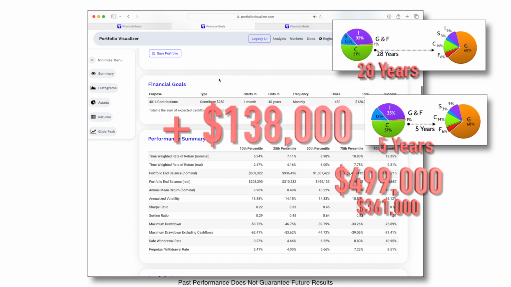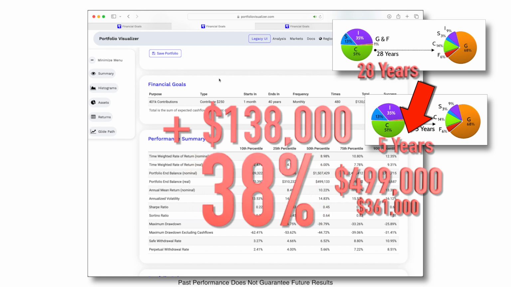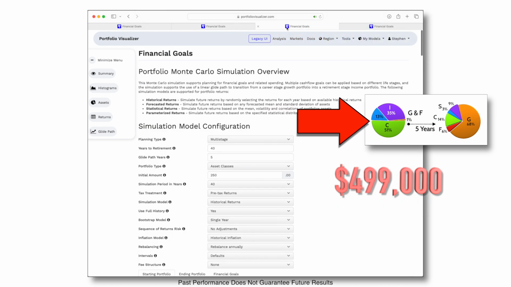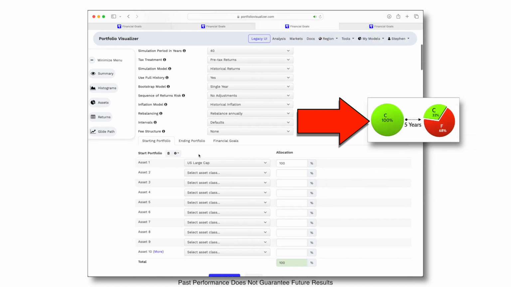Or to put it another way, the opportunity cost of shifting from growth investments to the G fund 28 years before retirement instead of only 5 years before retirement is theoretically costing TSP employees 38% of their potential retirement assets. But we ran these two scenarios with the investment mixes that we know to be suboptimal. What happens when we use the same parameters, but instead invest 100% in the C fund during growth years, with the shorter 5-year glide path when transitioning to retirement?